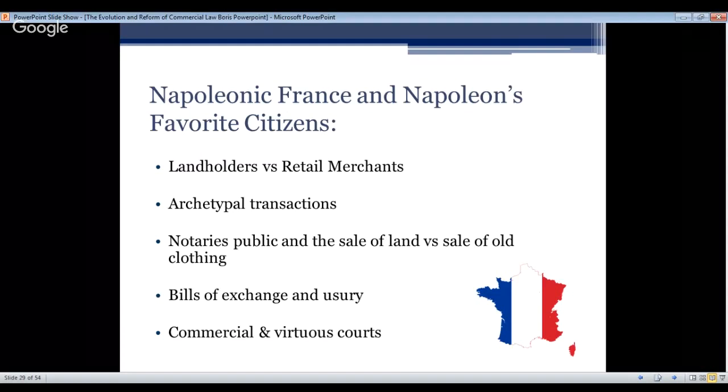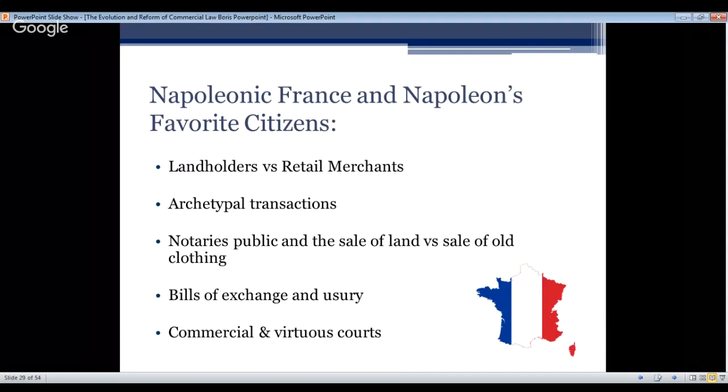European codification. What did it do and not do? We have to split it into two parts. One is the Napoleonic type of codification. The other one is the Germanic type of codification. The Napoleonic codification was one in which